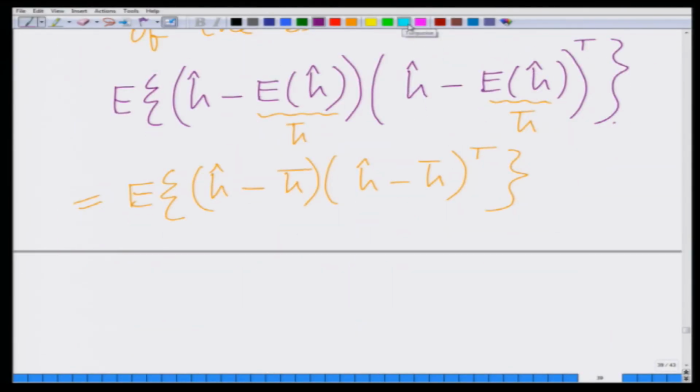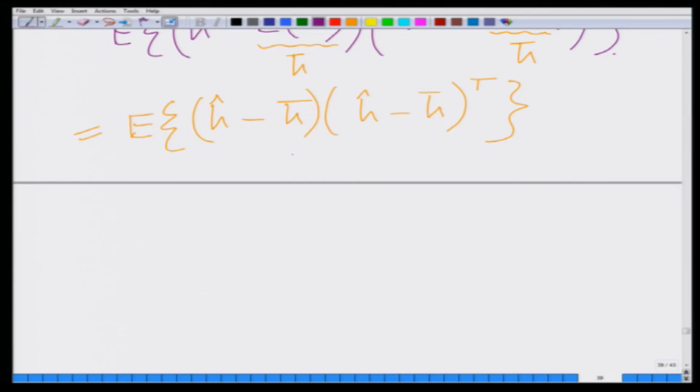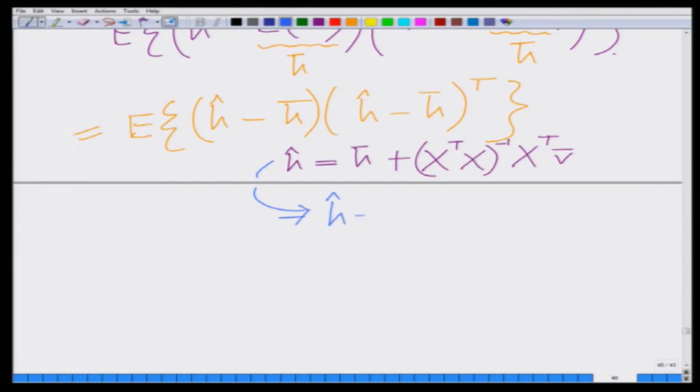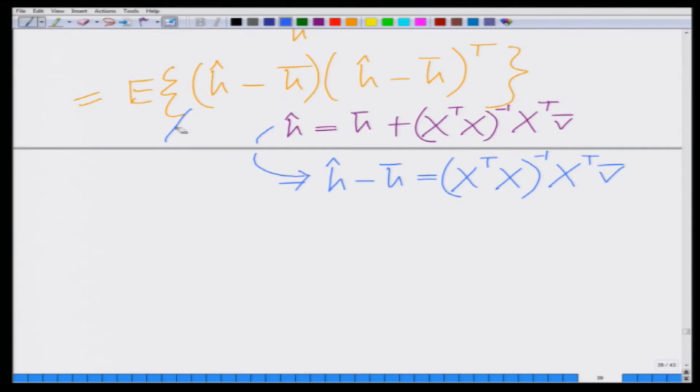So, let me use the property H hat equals H bar plus x transpose x inverse x transpose V bar, which basically implies that H hat minus H bar equals x transpose x inverse x transpose V bar, and now if I substitute that in this expression over here, I will get the covariance